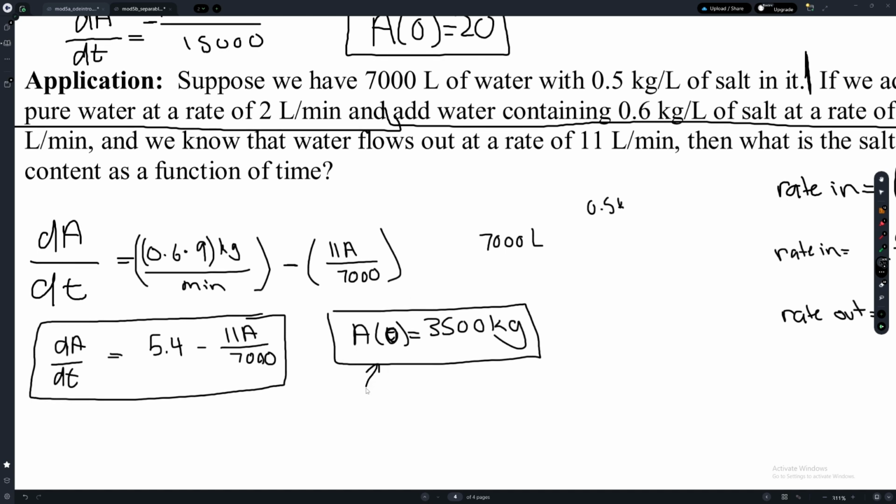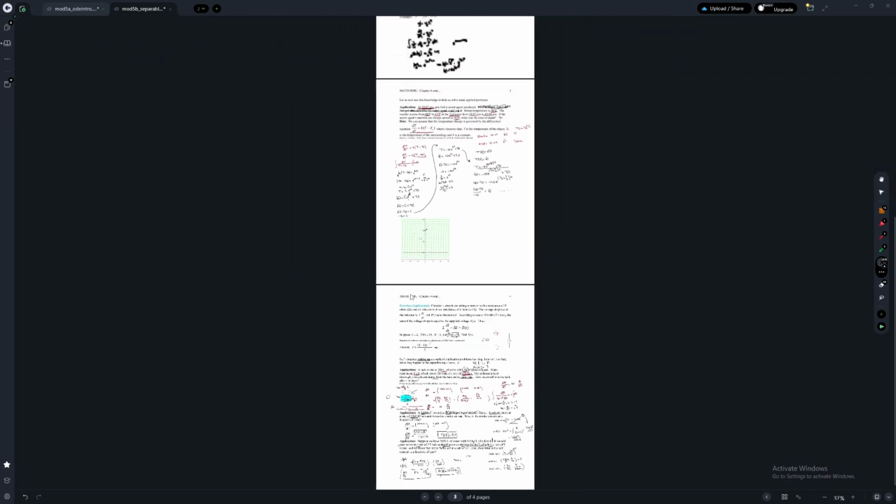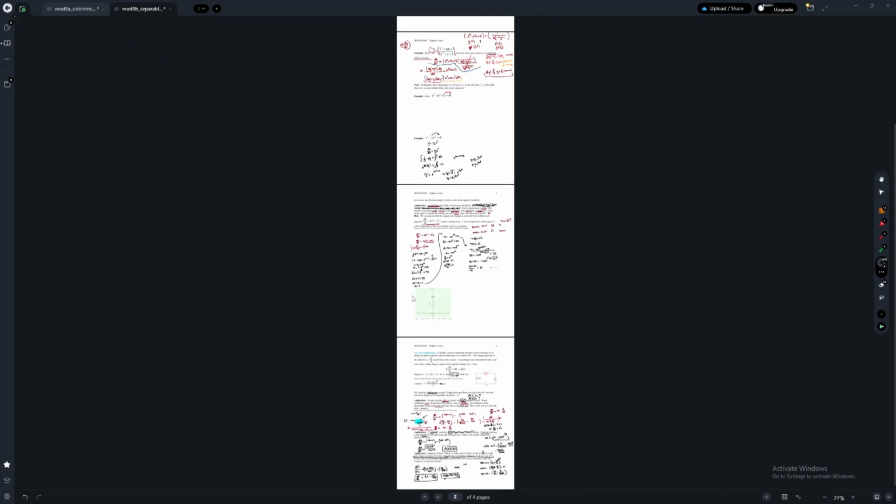Because if you don't do this part, you'll get a family of infinite functions, and that won't help you at all. Okay, and so that is lecture number 2 of introduction to